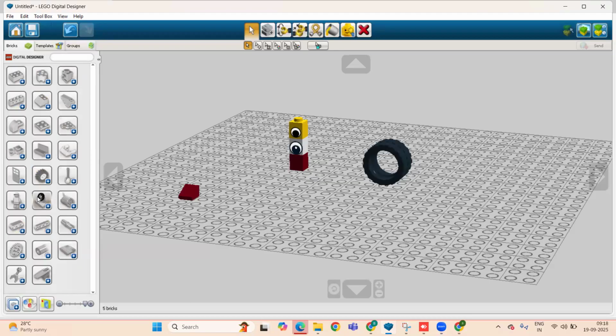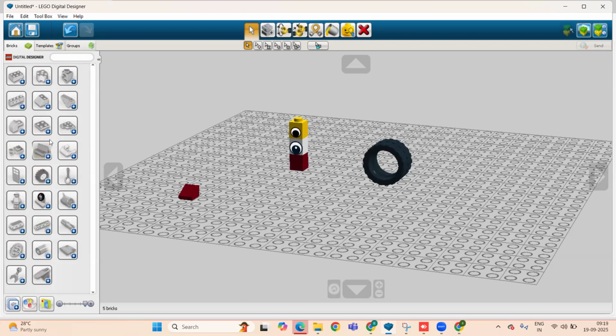This is where you can choose shapes, sizes, and colors to build our model. Okay, so this is the brick palette.